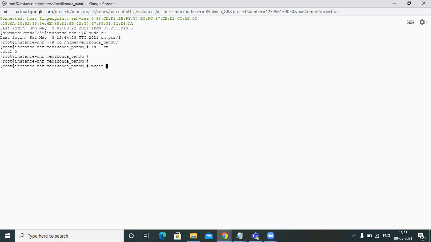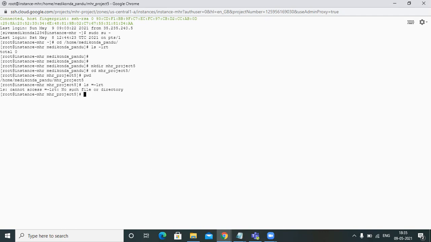Now I am creating a file in this directory. This directory is there in the present location. Home mail command.